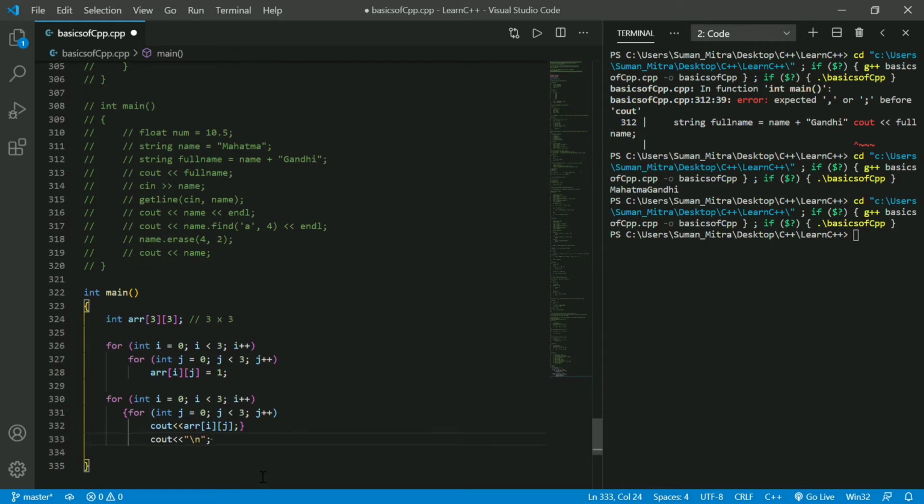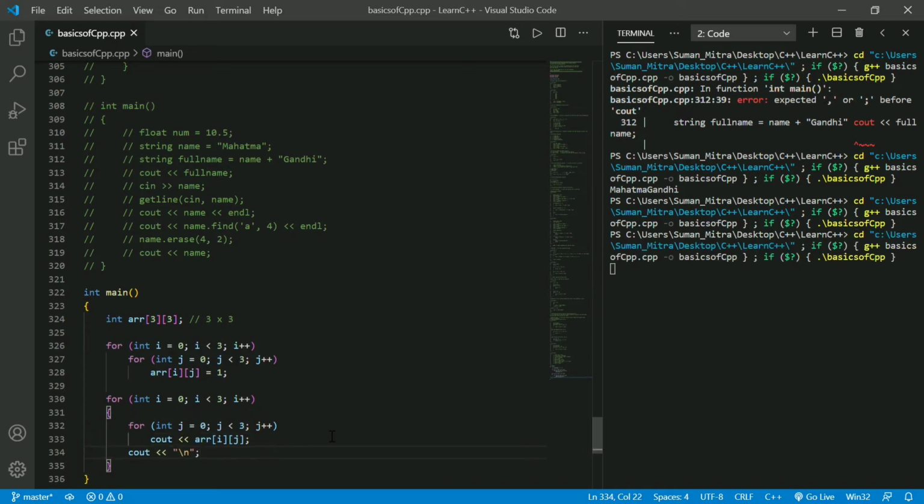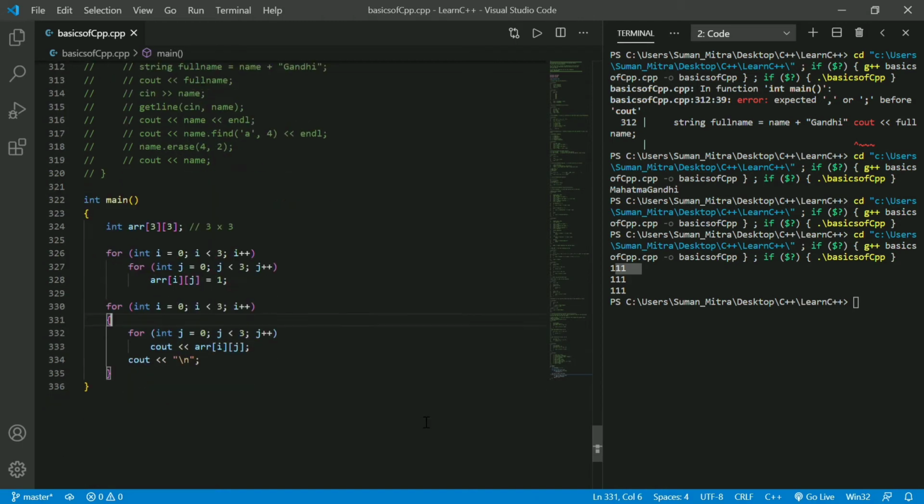I already told you how to do this. For this for loop it will work this way, and let's see if it's correct. You can see there are 3 rows and 3 columns, and all are printed with 1, because we initialized it with 1. So I hope you got the idea of how to do a 2D array.